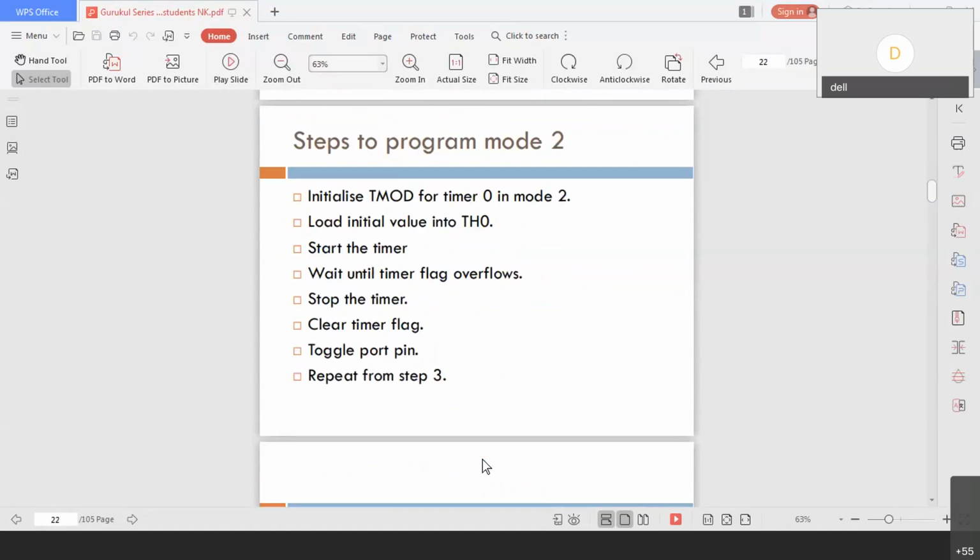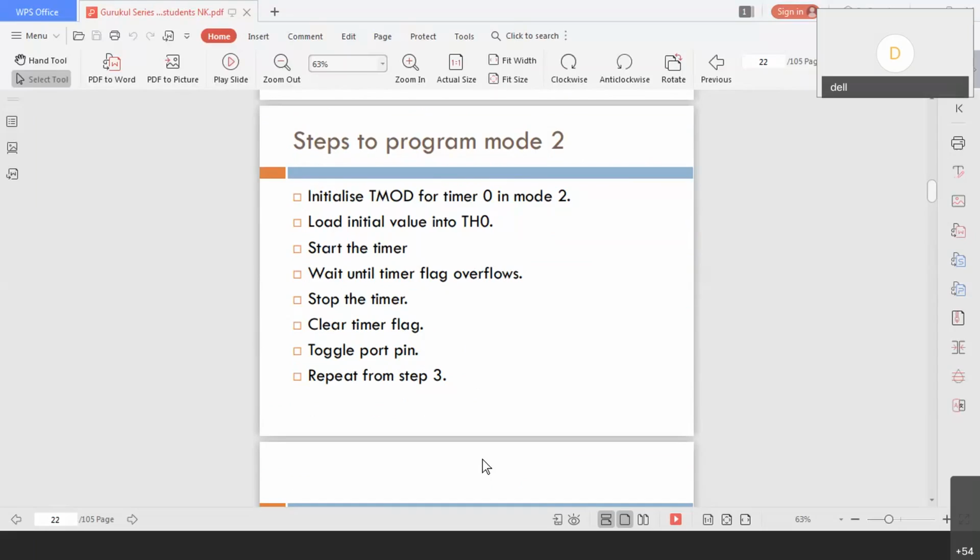So these are the steps we are able to see here. First, as usual, initialize the timer for mode 2, which means either it will be 02H or 20H. Next is load the initial value into TH0. As I told you, the lesser the value in TH0, the more delay generated, and the more the value, the less delay generated, because it's an up counter, right? Counting has to wait until the overflow.